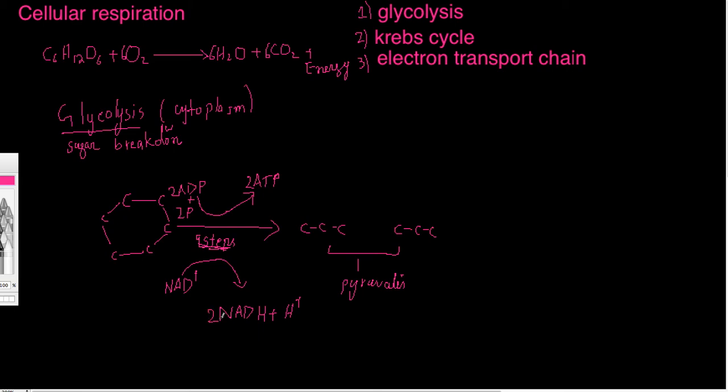So we also get 2 molecules of these two. You might be wondering, okay, ATP is the currency source of energy. What is this? These are also rich with energy. These molecules are basically the nicotinamide adenine dinucleotide. These names are really big and sometimes confusing too. But what this molecule is, simply, it's a coenzyme